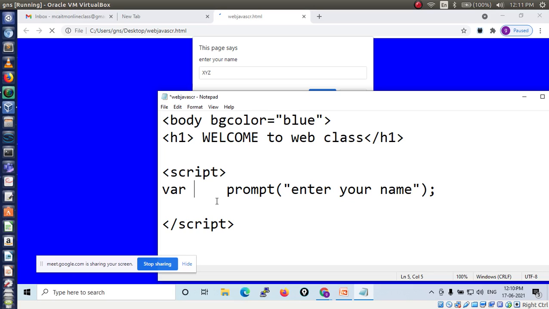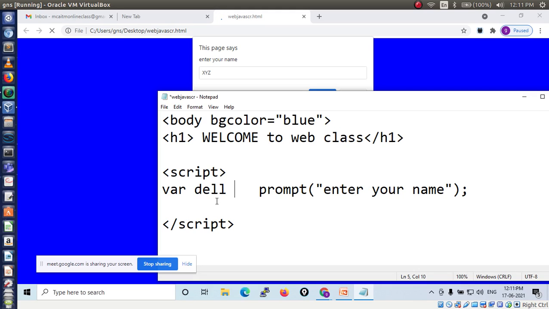To create a variable, you have to use this keyword var. Now here you have to assign one variable name, right? Like you have created int mca, int aitm. Similarly here var followed by variable name. Here I will take the variable name del. This is my variable name, del.